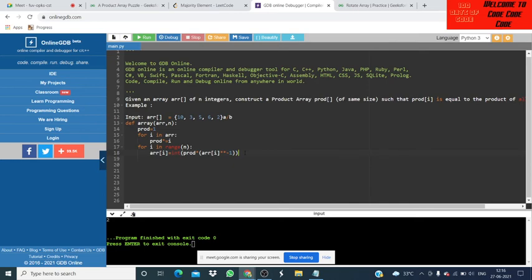Product divided by array of I. So we will make that array of I index equal to that product into I.